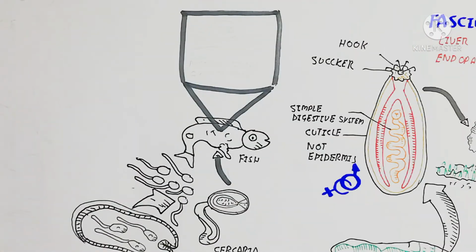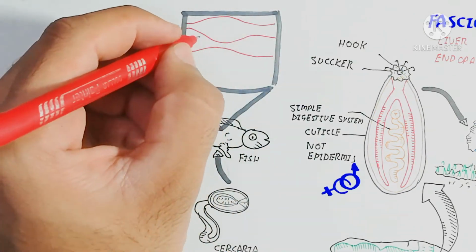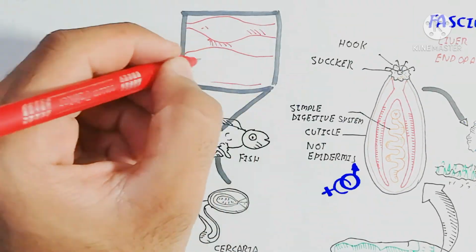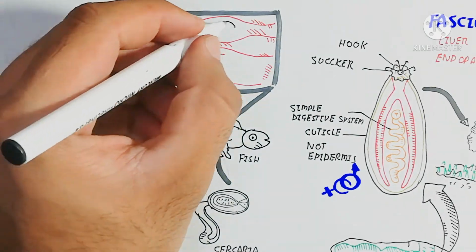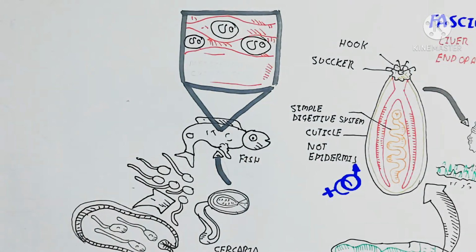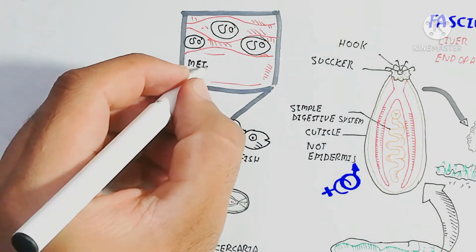Before the sporocyst converts into the redia, and the redia into the cercaria, the cercaria will be converted into the fish meat,